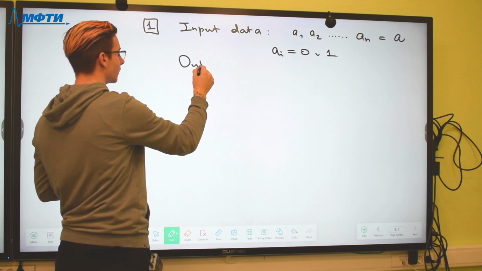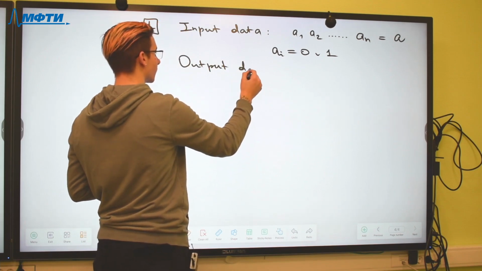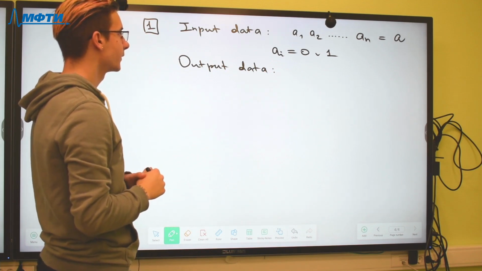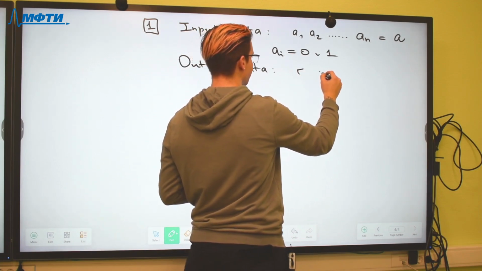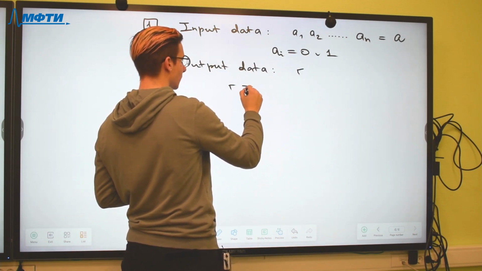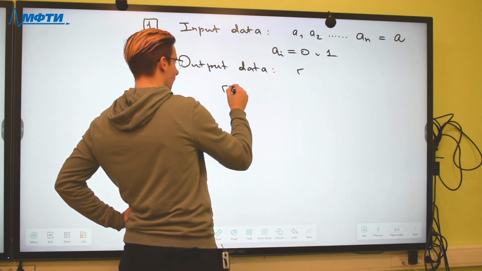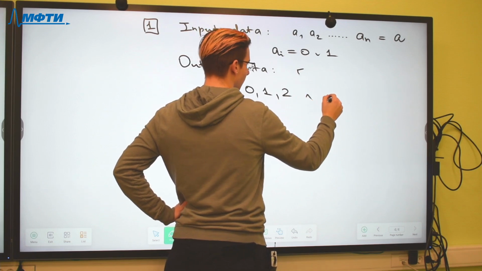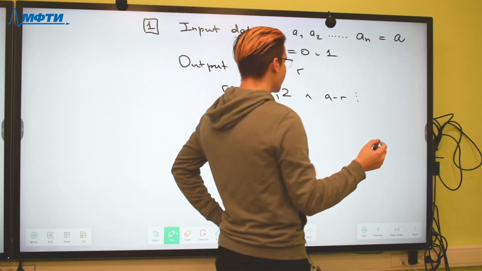And we need to find R such that R is equal to 0, 1, or 2, and A minus R is divided by the